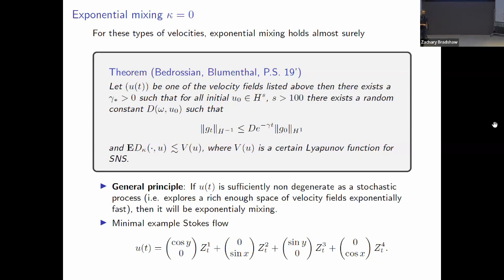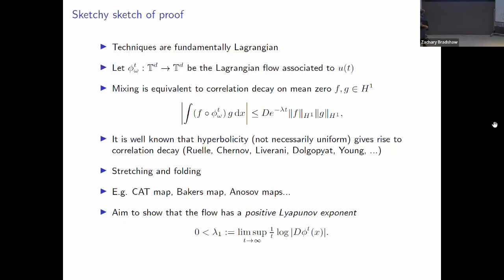And by that, I mean, that's kind of a vague term. But what I really mean is that it explores a rich enough space of velocity fields exponentially fast. So if it's not only giving you a whole rich collection of velocity fields ergodically, but its linearizations are also covering all possible linear phase portraits, then generally you'll get an exponentially mixing velocity field. So I'm going to give you a sketchy sketch of the proof, because it's actually quite long,